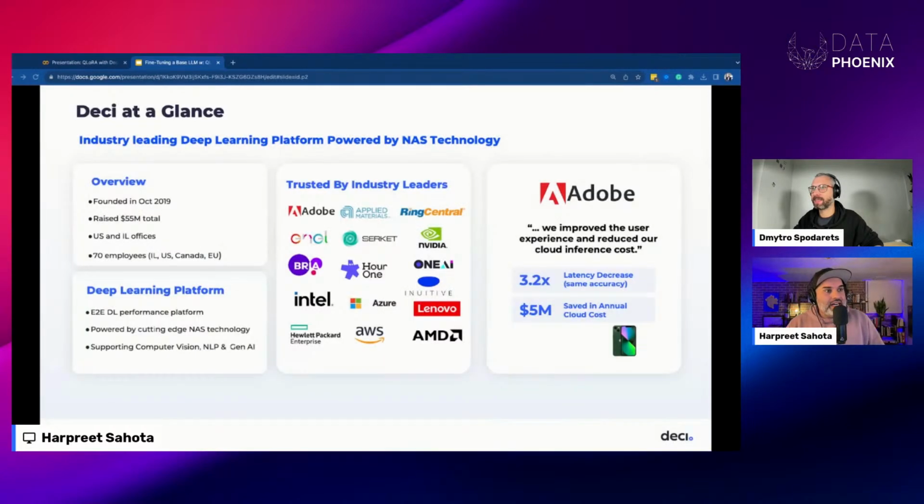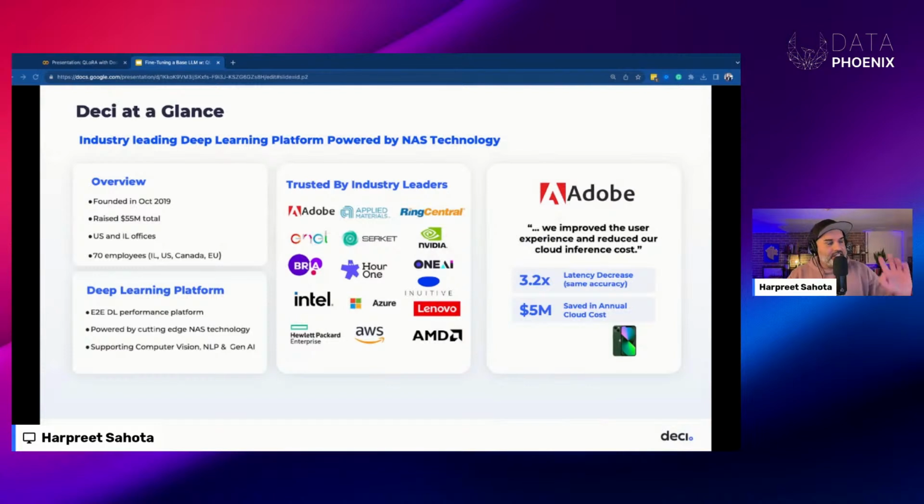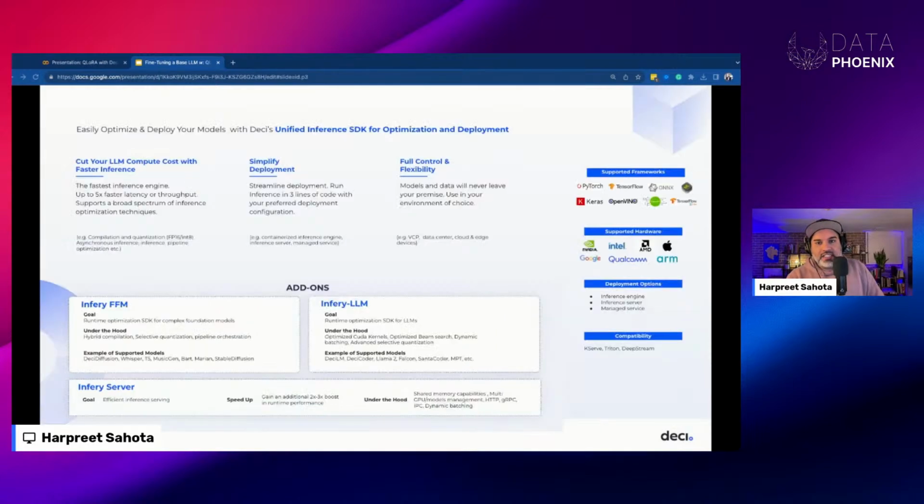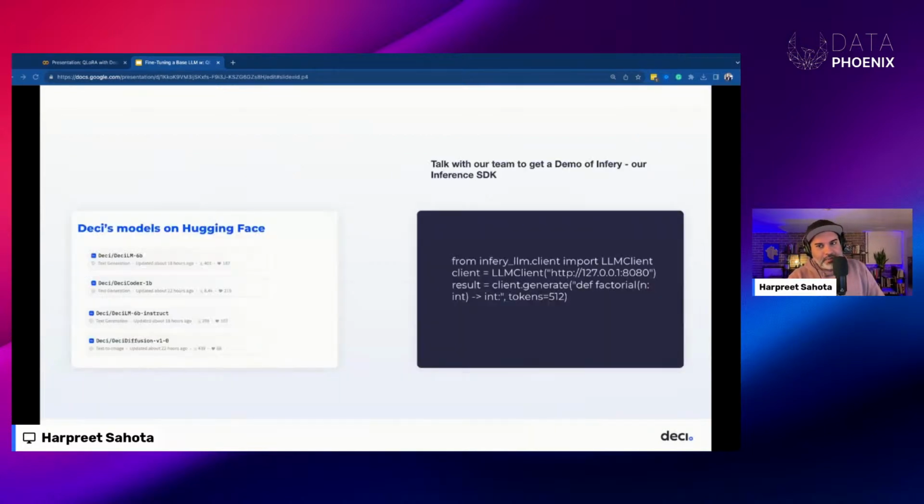Just a little something about DESI at a glance. If you haven't heard of us, you can Google us, look us up. I'm going to skip through these slides in a hurry, but we build models. That's the thing that we do. We have this inference kit called Inferri that's proprietary, so it's not open source. We've got a bunch of models on HuggingFace. Check us out on HuggingFace, like the models, check them out. We've got a bunch of models actually dropping next week, a few language models and another diffusion model.